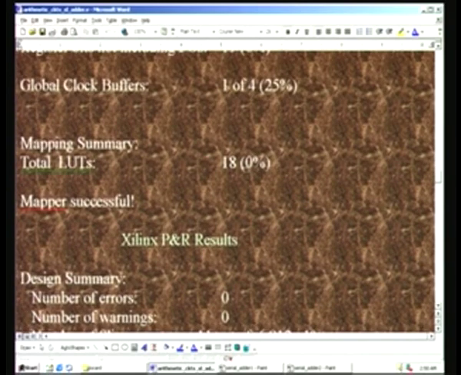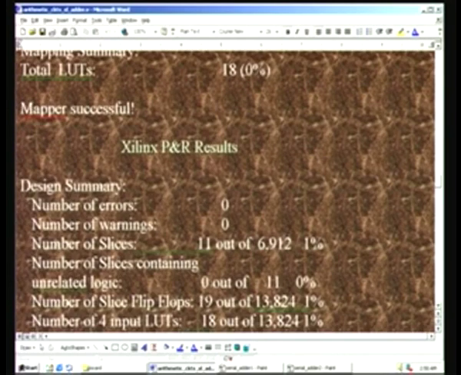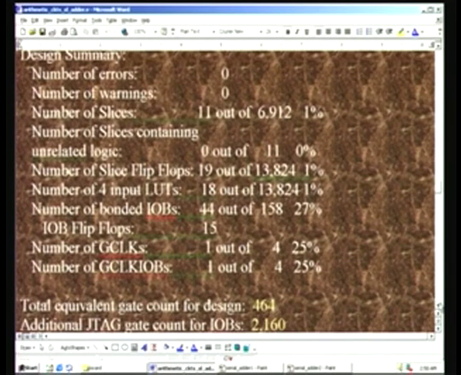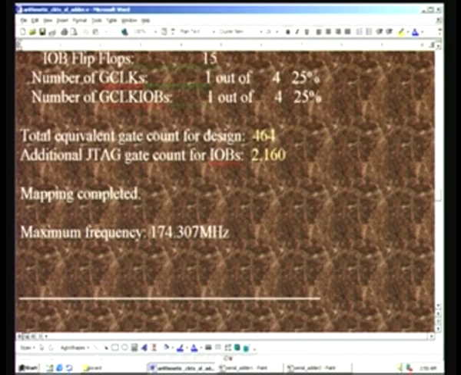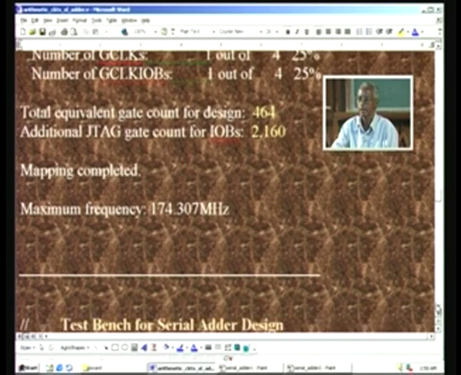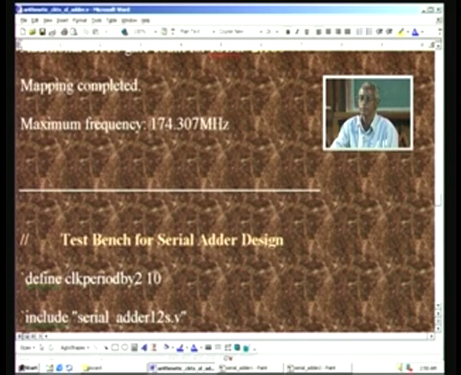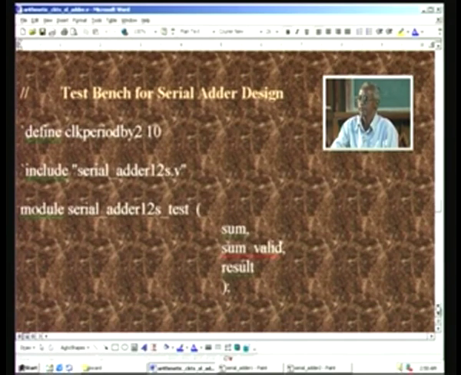So, for this device it is 0%, that means a fraction of less than 1%, and place and route results for this is here, and you notice that gate count is quite low, of the order of 464 here, and JTAG gate count is also quite high, but for higher sizes it will come down, and the frequency now it reports is much higher,